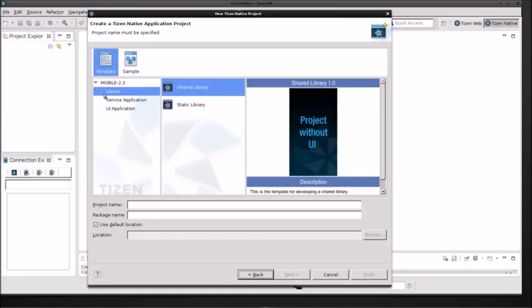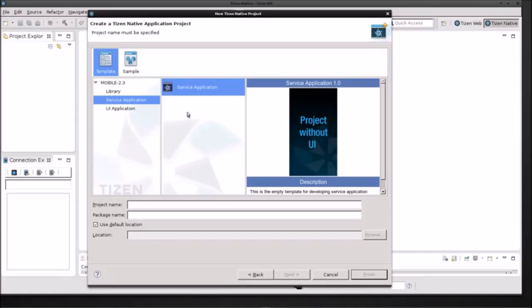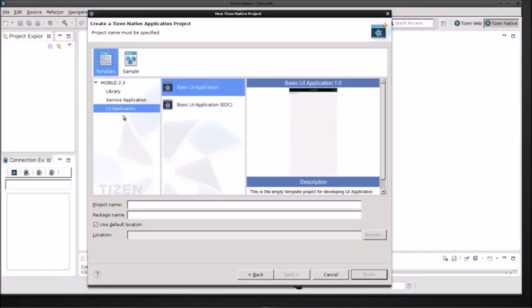There are three different types of templates. Templates for libraries, templates for service application, and templates for UI application. For the UI applications, there are two different templates. The first one is just a normal basic UI application template, and the second one is a basic UI application with BDC. The second one will be covered in another webinar session, so this time I'll just cover the